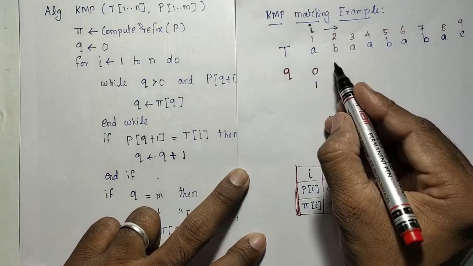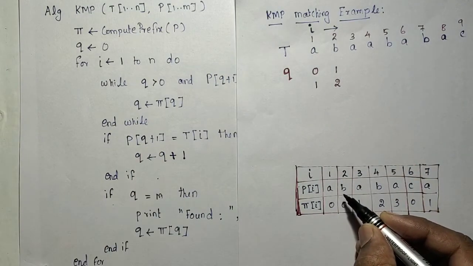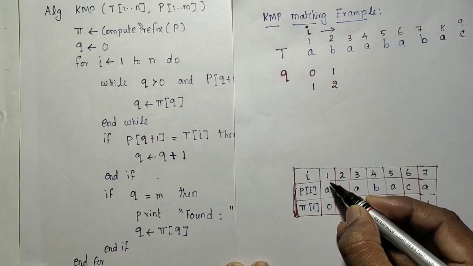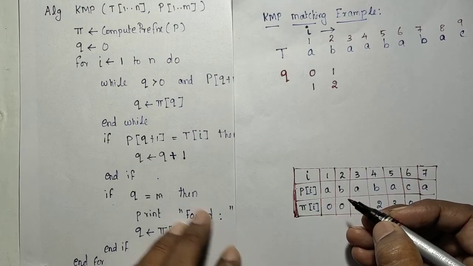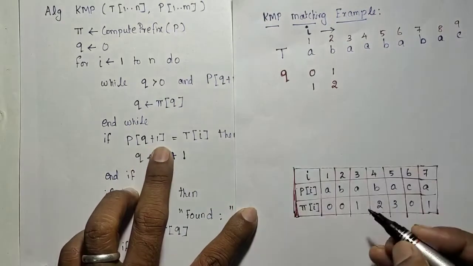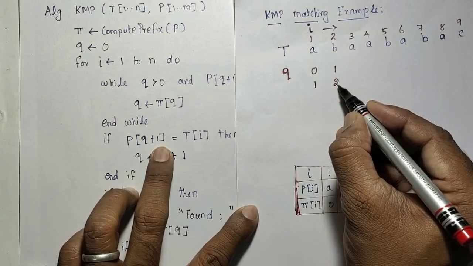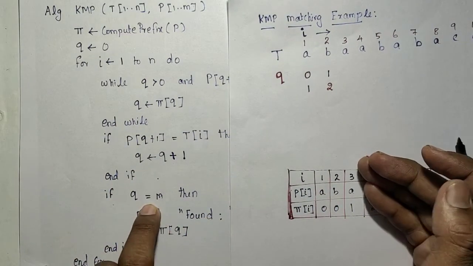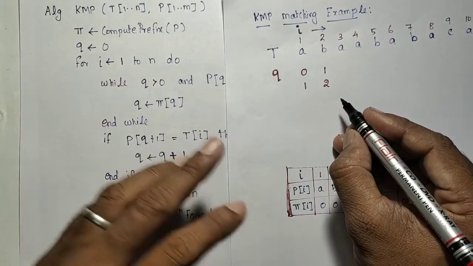So the ith character b is equivalent to q plus 1. Q is now 2, sorry, 1. Q of 1 is a. That is q plus 1, q plus 1 means 1 plus 2. The next character, that is the second character, matches with this one. So we are incrementing the q here. Then q we have not still reached that m. M value is actually 7, this is that m value. So we have not reached it. So go to the next iteration.